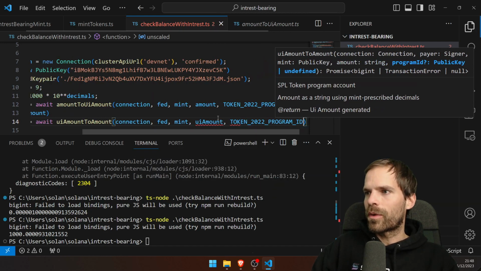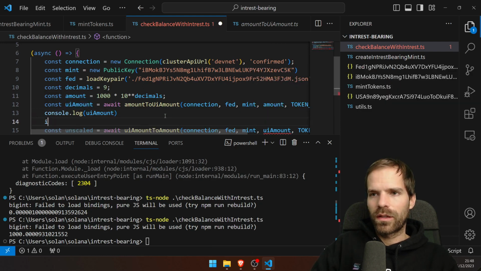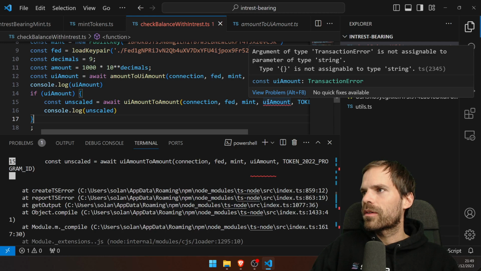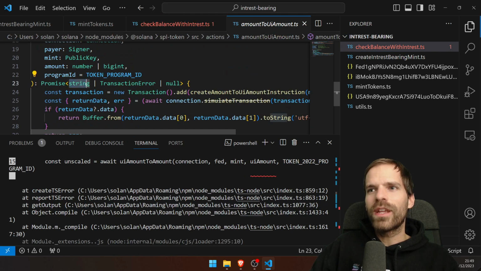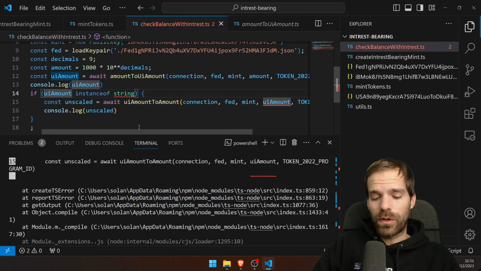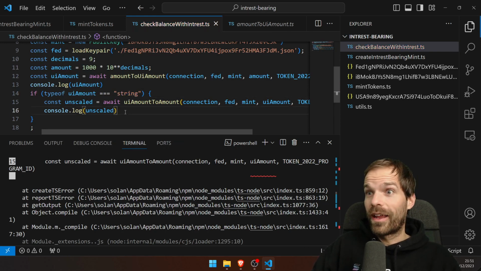And then token program. Null is not assignable to string. Okay. If UI amount. Transaction error is not assignable to string. Wait, hold on. You return me a string, a transaction error, or null. Okay. Let's learn TypeScript. Like this. Okay, that's weird. I mean, that just looks ugly, but okay,